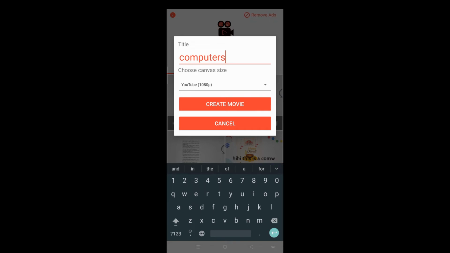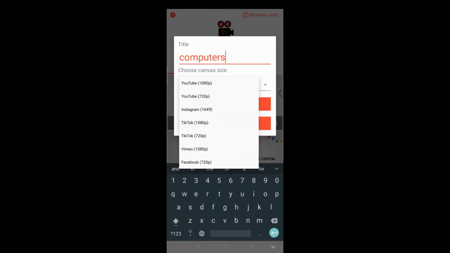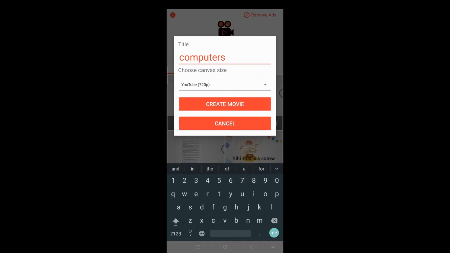And this is the quality of the videos, like 1080 pixel or 720. So we have to choose 720 pixels, because by using this option you create your videos.